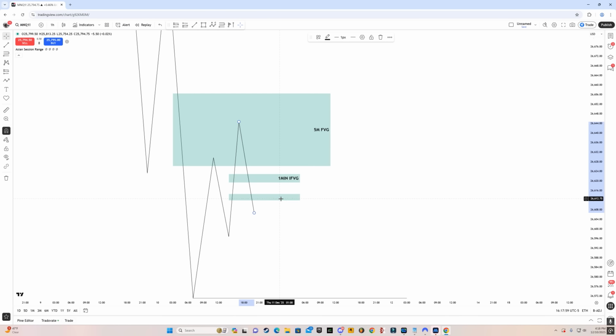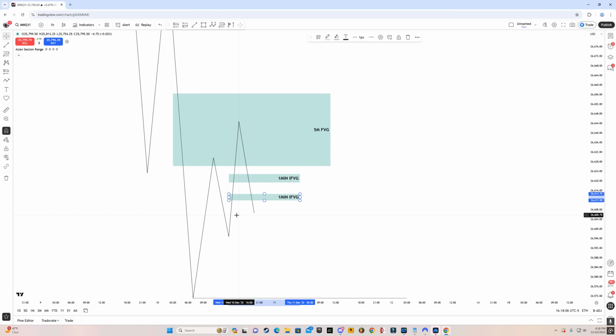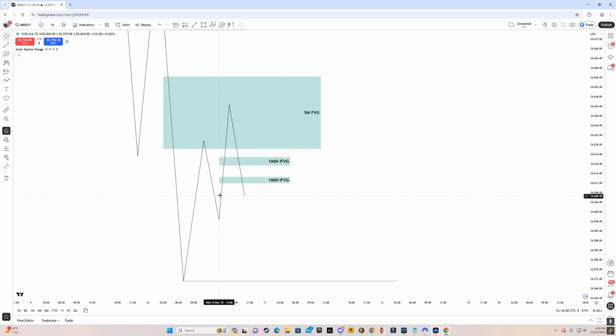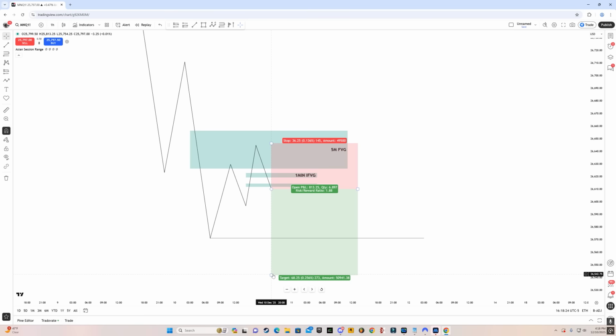Okay, so let's say that there is a 1-minute fair value gap here as well that got inversed. So now we have inversed all the fair value gaps, or in simple terms, you can say that the first fair value gap that forms inside this leg needs to be inversed before we can look for a short position. So when price inverses below these two fair value gaps, or there could be three, you can take a short position. Again, you can put your stop above the high, and then you can target 1 to 2 risk reward ratio.